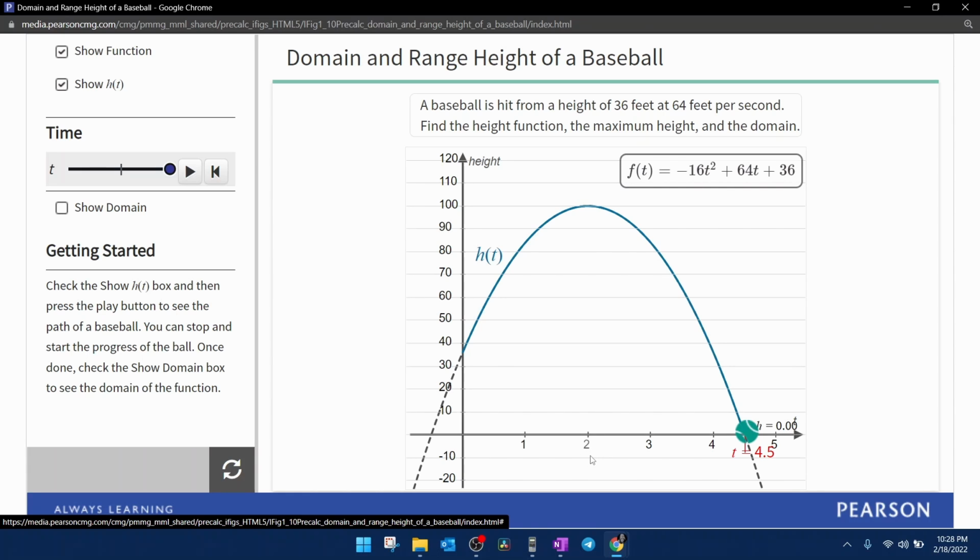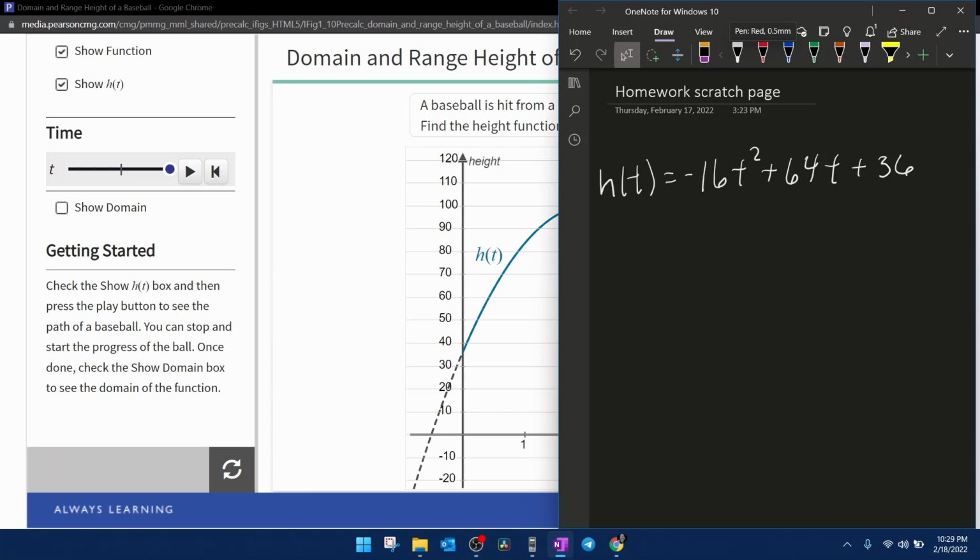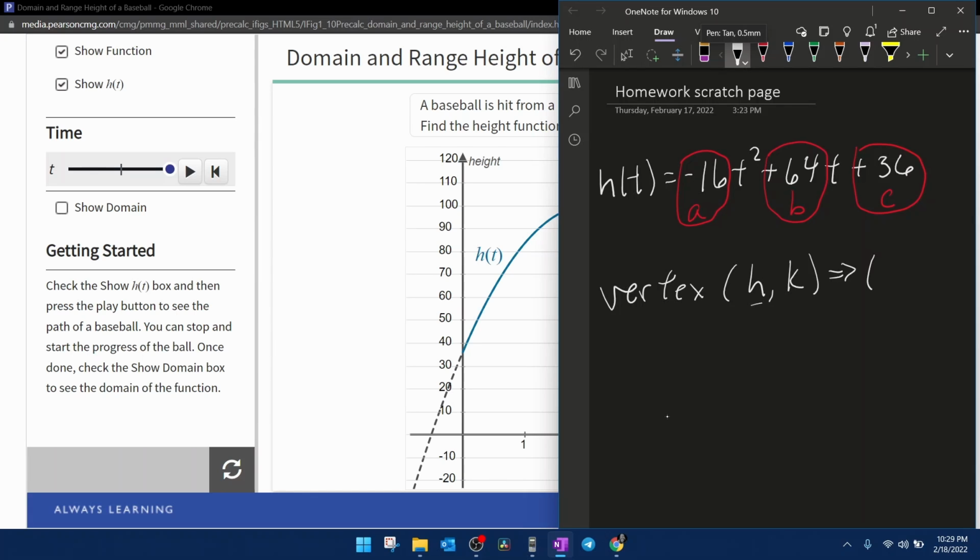time equals 2. Now, in order to verify that result algebraically, we're going to recopy our function here in our scratch work. We're going to identify the values of a, b, and c, and then we're going to recall that the maximum or minimum point on a parabola always occurs at the vertex. The formula for the vertex is (h, k). In our particular scenario, h, which is the x-coordinate, would be the time, and k, which is the y-coordinate, represents the height. So we're only interested in time at this point, the time that it takes to reach the maximum